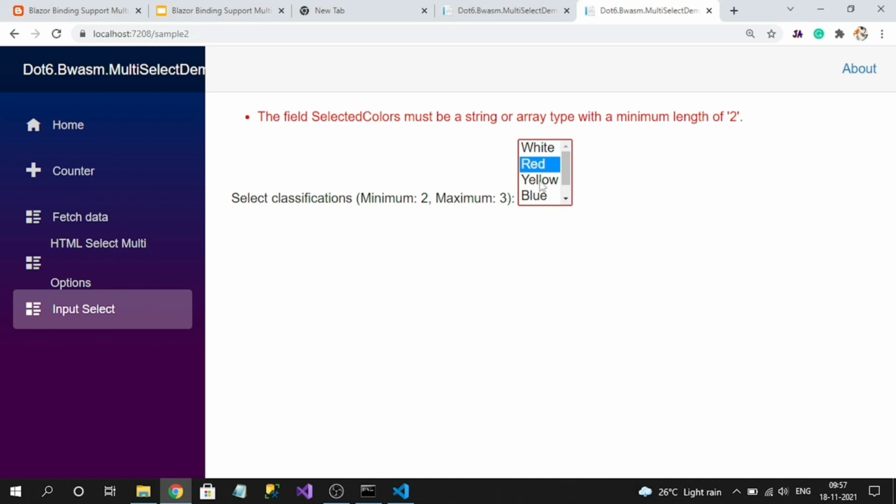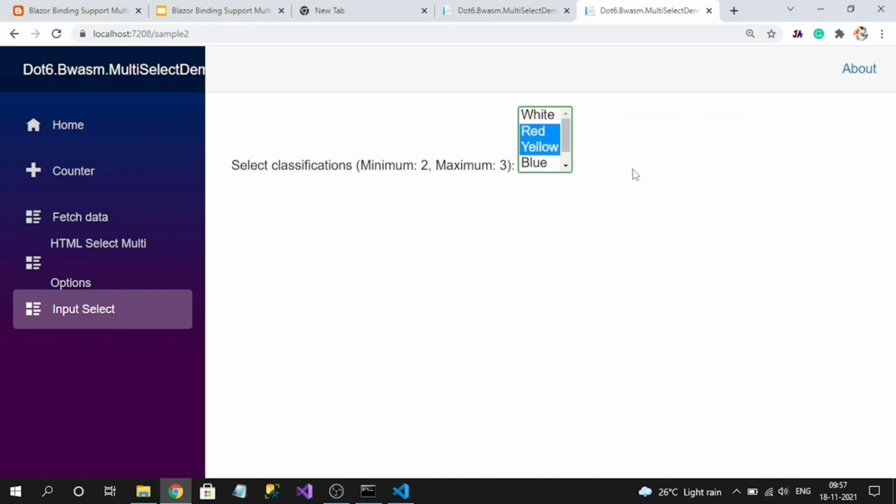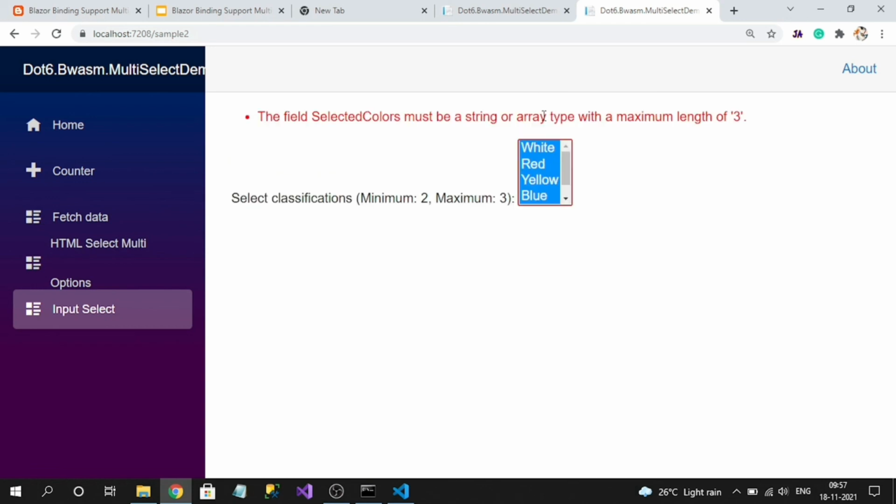If I select one more color, the validation is gone. The maximum is three, right? Let me select two more so that the validation should fire. See, the maximum length should be three only. So like this, validations can be easily applied and we can restrict the range of selection for multi-selection.